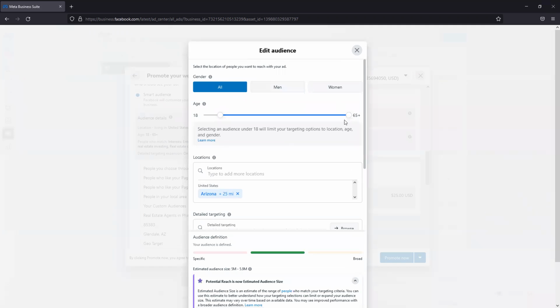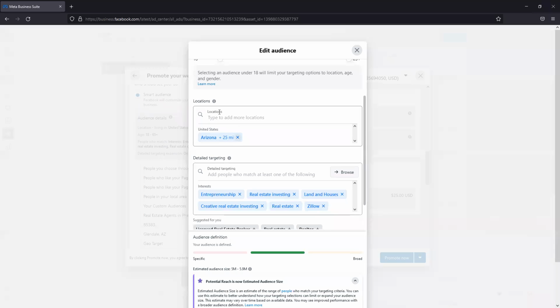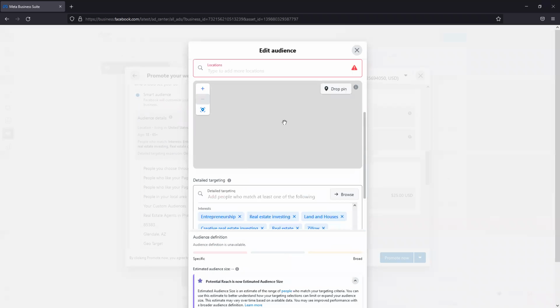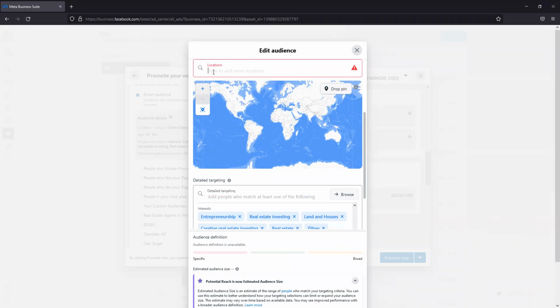We want all, we can choose the age range that we want. We want all for that again. This is kind of where it's important. So for most of our stuff, we wouldn't do Arizona plus 25 miles. We're not trying to get people that are 25 miles into New Mexico and Colorado and Nevada. We don't really need that, but we would do, so you can obviously drop a pin to do it, or you can just start typing